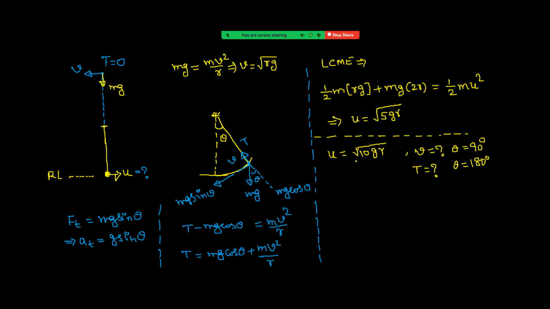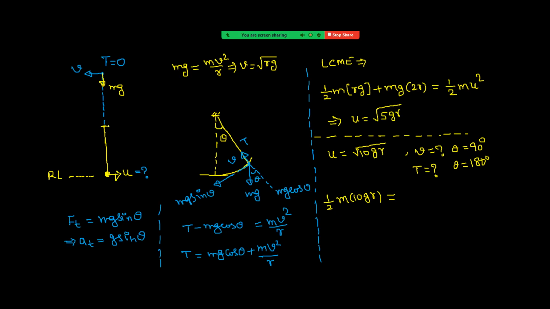So we are given the velocity at the bottom, root 10gr. We have to find the velocity when the angle is 90 and when the angle is 180. Also we have to find tension. Now see what we are doing. To find velocity, we have to use the law of conservation of mechanical energy. At the bottommost point, only kinetic energy. So here there is no need to memorize any kind of formulas. It is half mv square, with v square being 10gr. That is equal to